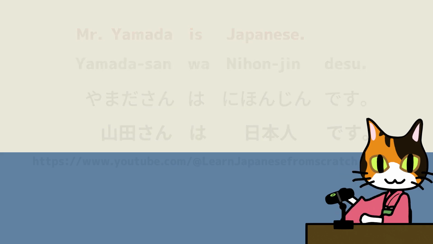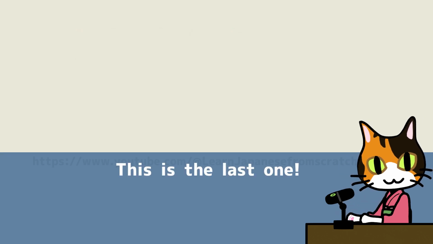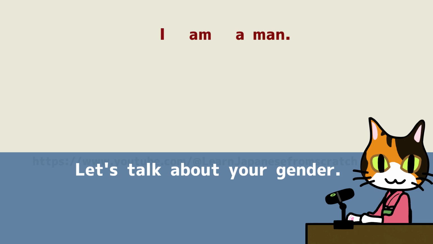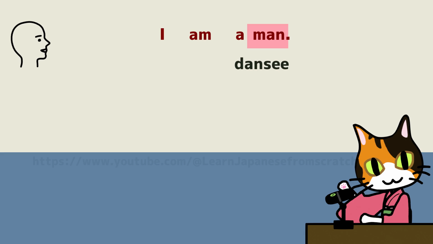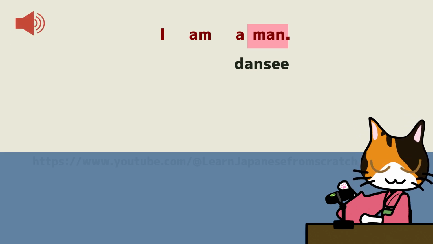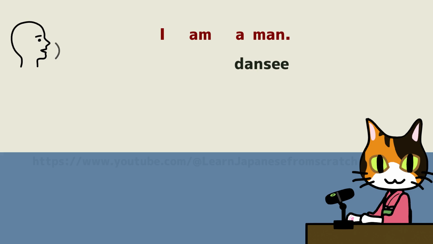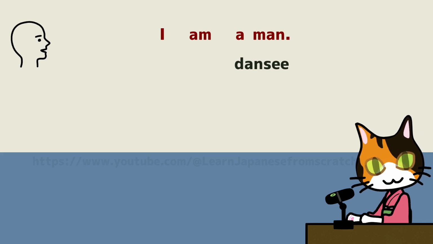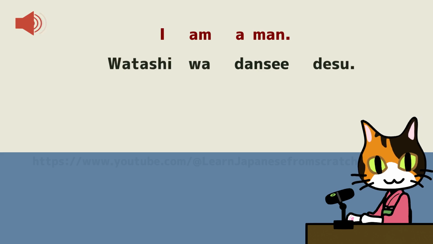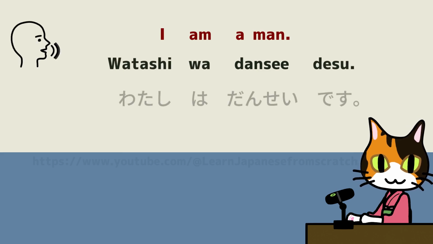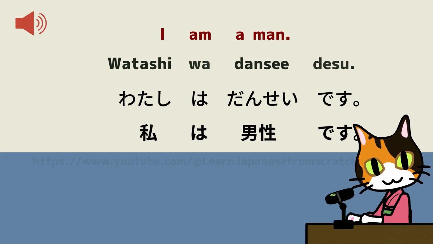Wonderful. This is the last one. Let's talk about your gender. In Japanese, man is 男性。Very good. So how do you say, I am a man? Excellent. 私は男性です。